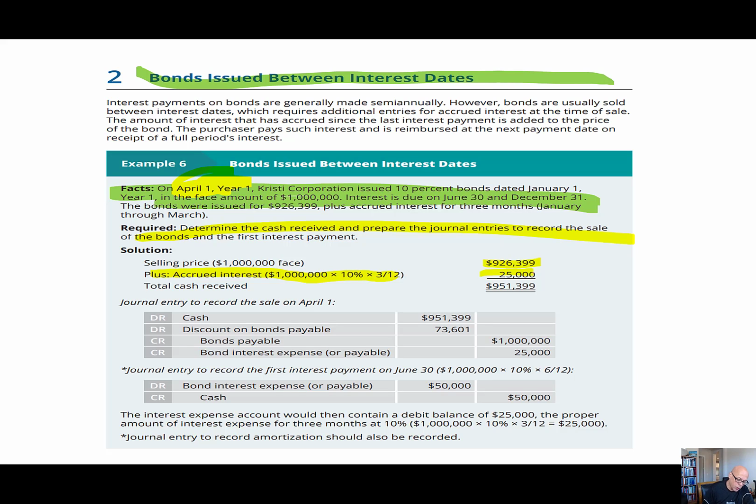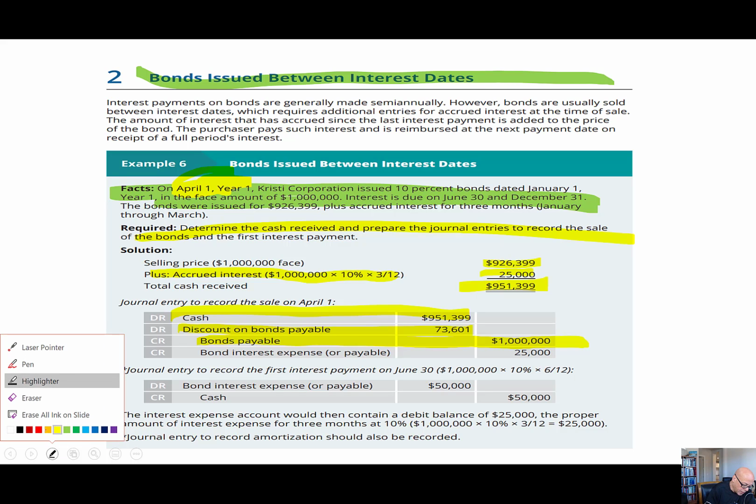So the total cash you get is what? $951. That's the $926,399 plus the 3 months, the January, February, March interest that you collected, okay? The discount is the same as we saw for the bond that was issued January 1st. The face of the bond is the same, okay? What's happened now is the cash has gone up, and we're going to credit